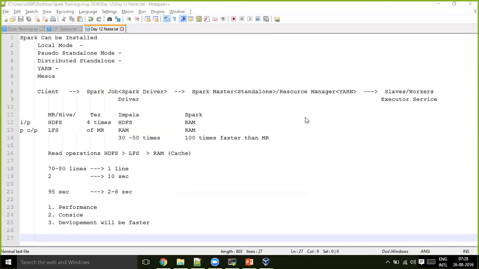Yeah, so when you say RAM, you mean to say the slave nodes' RAM, right? Whatever slave nodes we have. Let's discuss those internals now in the sessions. Okay, so you don't worry about which RAM. The answer is yes, but let's discuss that in the current sessions. So this is what I explained in the demo class. Maybe you might have missed that, the demo class.